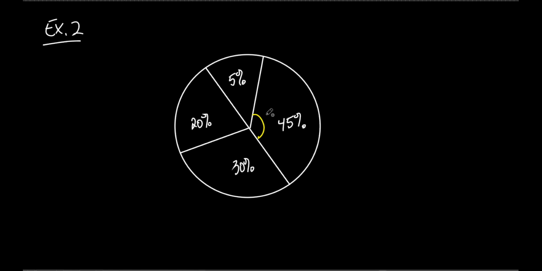What's 360? The whole entire circle. That whole thing is 360 right there. It's 45. You were onto it. Okay, it's 45% of 360. Very good. 45%